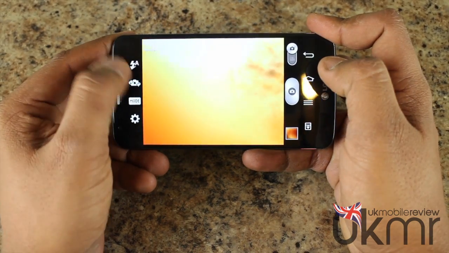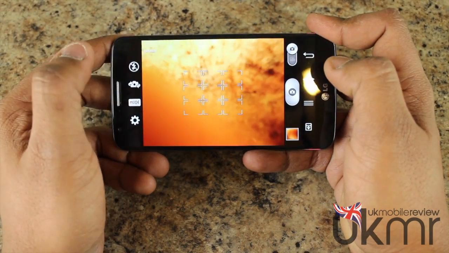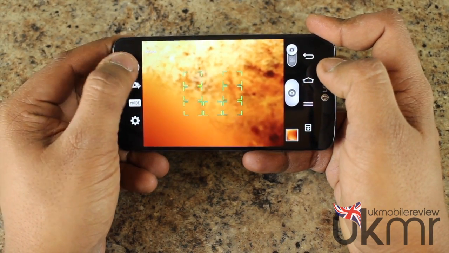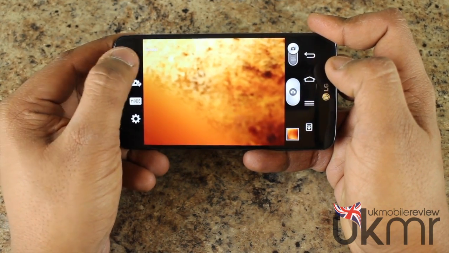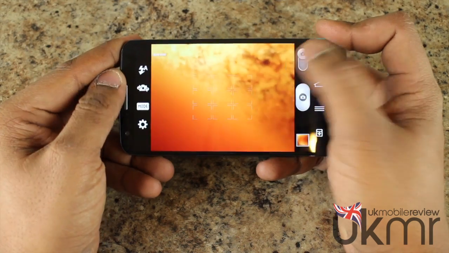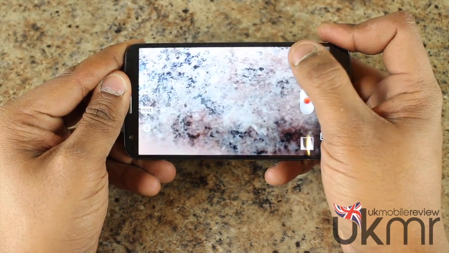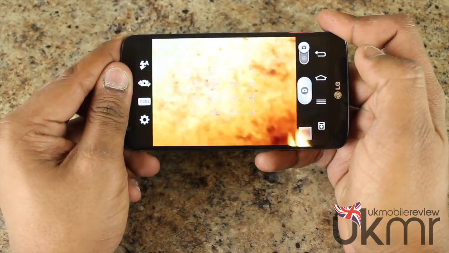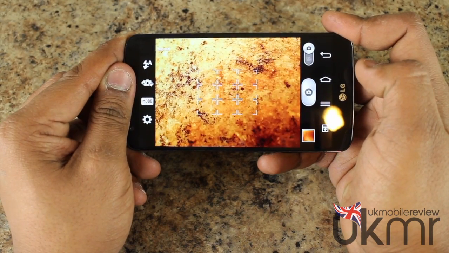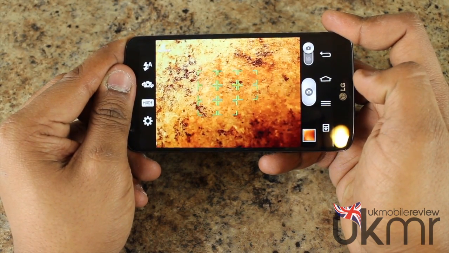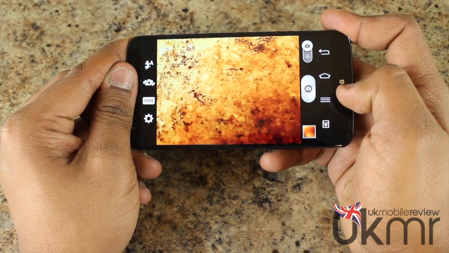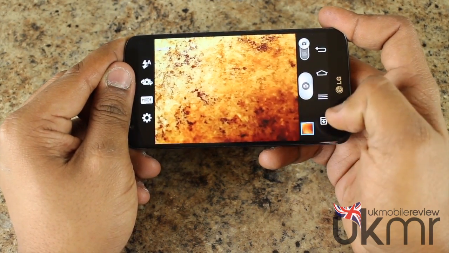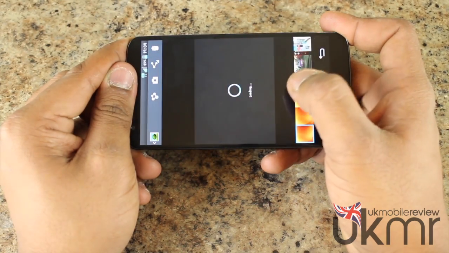Quick shortcuts here, you've got access to the front-facing camera, then you've got your flash settings. It just scrolls through the different options from no flash to flash on to automatic. Quick access to your video recording like such. The G2 does support 1080p video recording, however, there are rumours, well, you can activate 4K recording just via a simple tweak. And then quick access to your